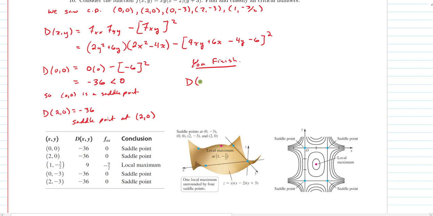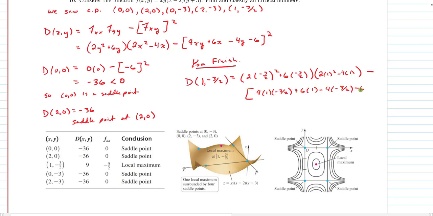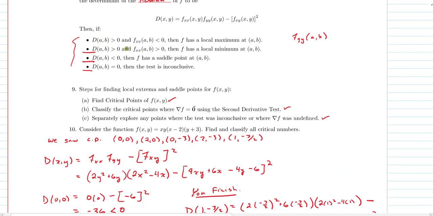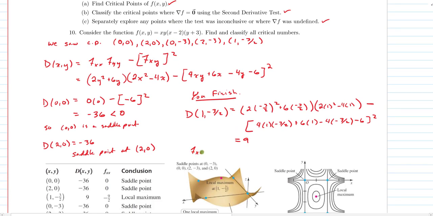So let's compute D of (1, negative 3 halves). So if we did so, we would have to plug in the ordered pair (1, negative 3 halves) into this expression. So let's do so. It would be 2. So when you compute this discriminant, you end up with a positive 9. Now, the reason why I wanted to do this example was because when the discriminant is positive, we at that point know that we either have a local maximum or a local minimum, but we have some more checking that needs to happen. So the next thing we need to do is we need to compute f sub xx of